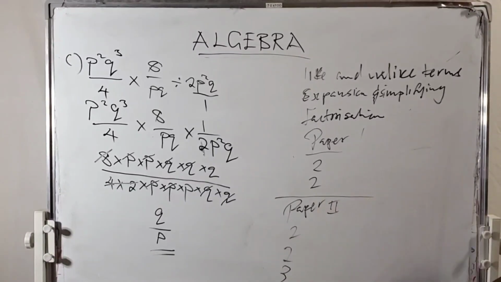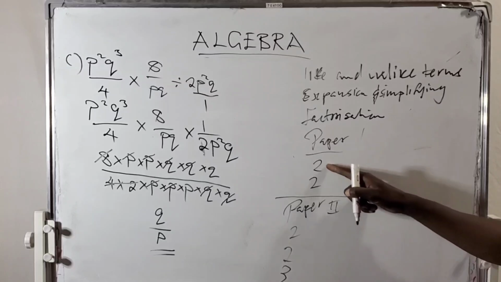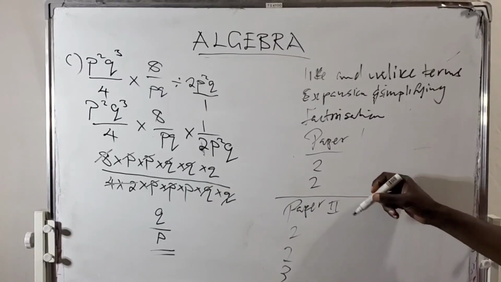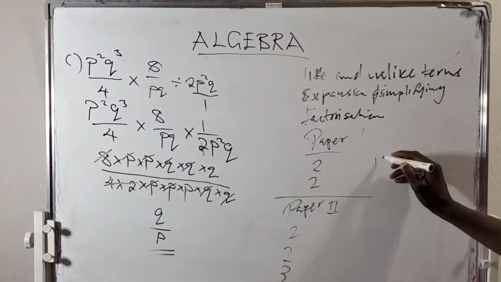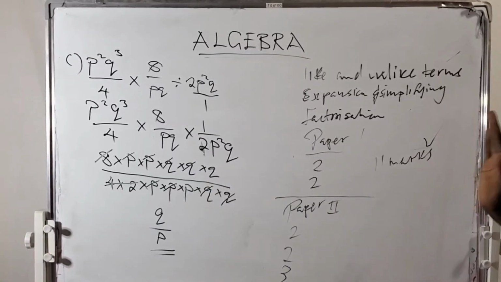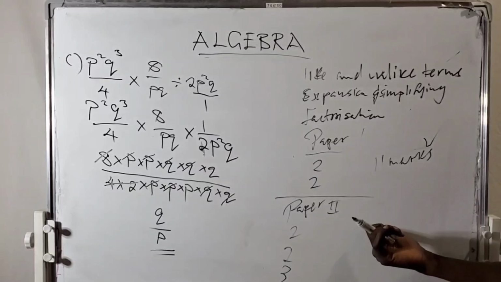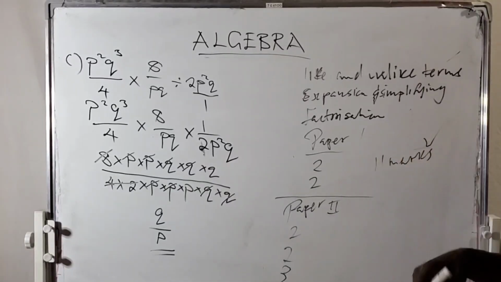So when you add these, how many marks do you have? 7. Okay? So this is 7, plus 4 from paper 1. So 11 marks in algebra. You say, I know I can answer it. In the final exam, you find this. Are we together? So make sure you know how to go about these questions before we go to the next